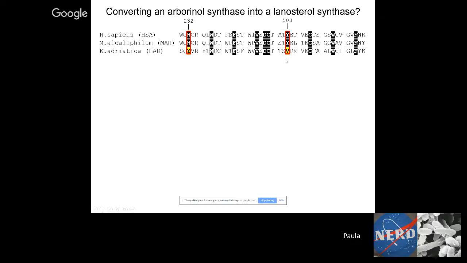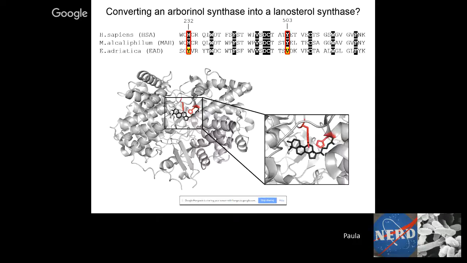And they're very far apart from each other on the primary amino acid sequence, but if you look at a model of the human oxidosqualene cyclase, which we have a 3D model for, these two residues Amy has highlighted here in red, and this is the sterol molecule. Even though they're far apart on the primary amino acid sequence, they're actually very close to each other in the structure, and they're both in the active site, right next to where the fifth ring of Eudoraenol would be generated.